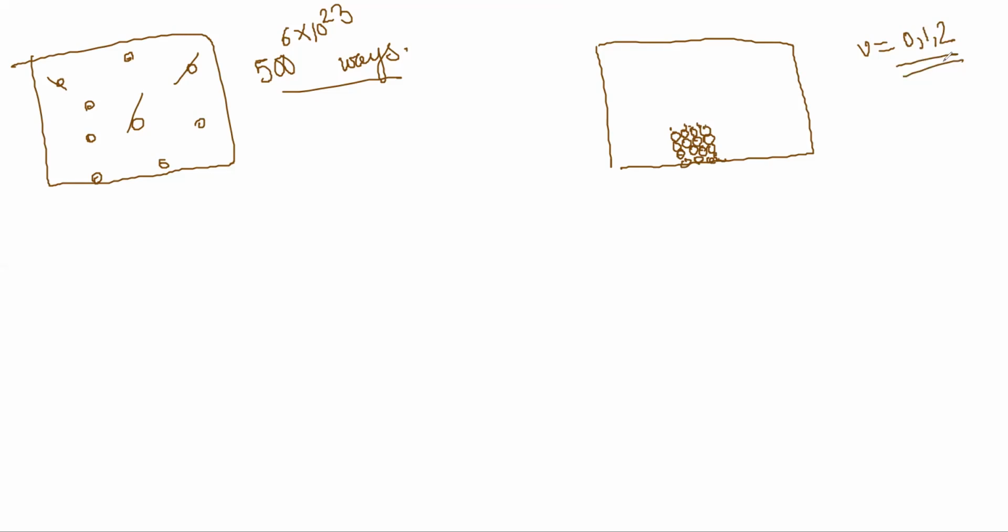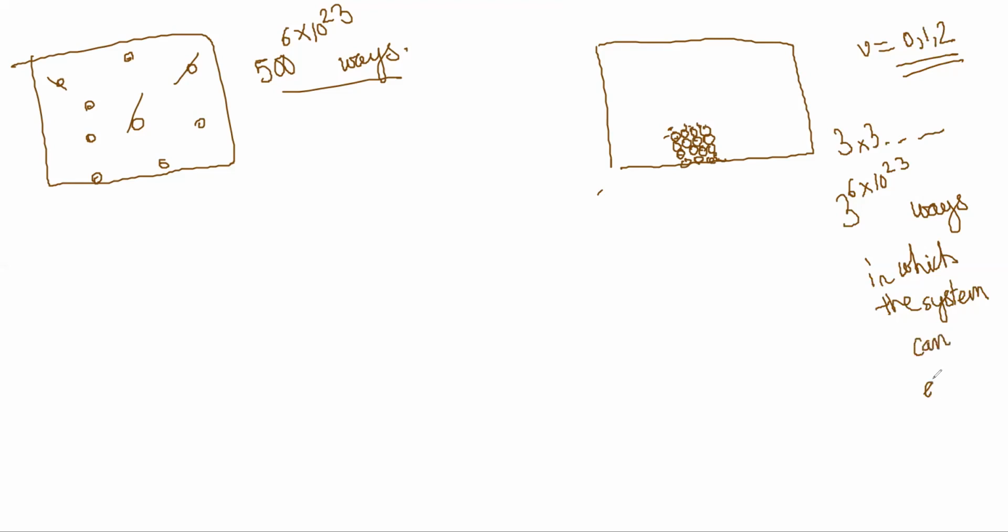This is an arbitrary example, by the way. I'm just making it up so that you can understand the idea. This is not some real example. Now the speeds can only be either stationary, or 1 and 2 are the other possible tiny speeds. So now each molecule has only 3 choices. So 3 into 3 into so on, so 3 to the power 6 into 10 to the power 23 ways in which the system can be now.